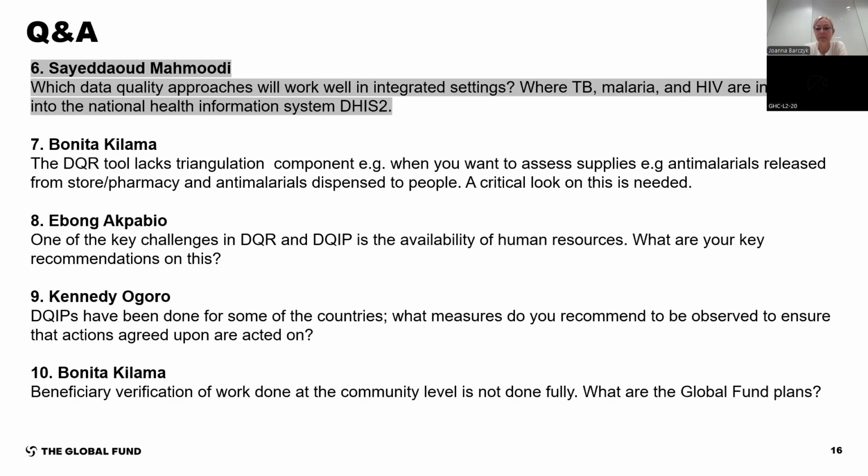This guidance, and maybe I forgot to mention, is about programmatic data. And you are rightly pointing out that we need to also look at data quality of other information systems within the HIS. And where we see we can look at different sources of information is exactly at these data analysis and use opportunities, these data review meetings, where you should start triangulating data. And we have actually tried to integrate